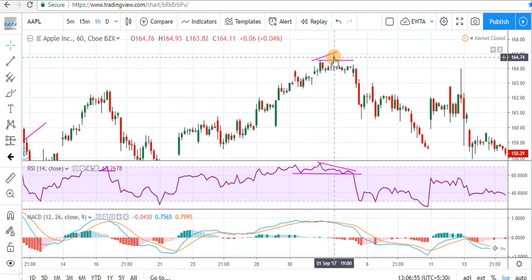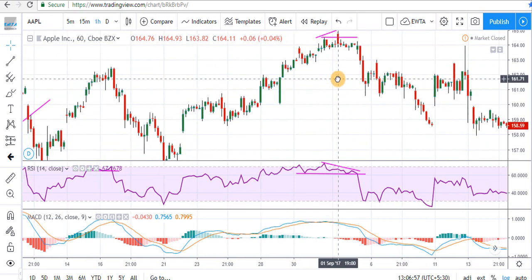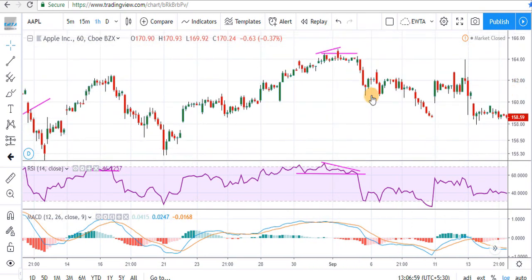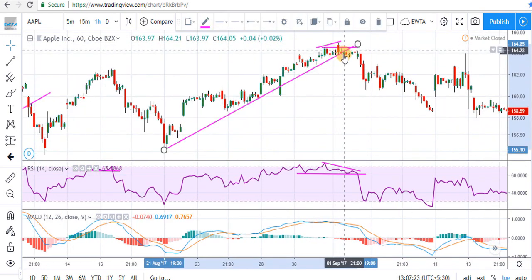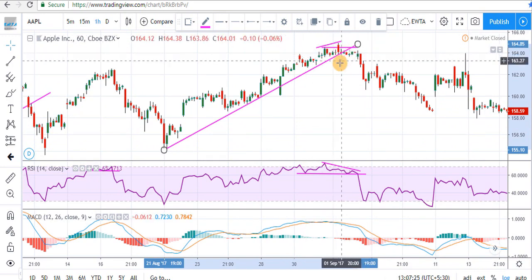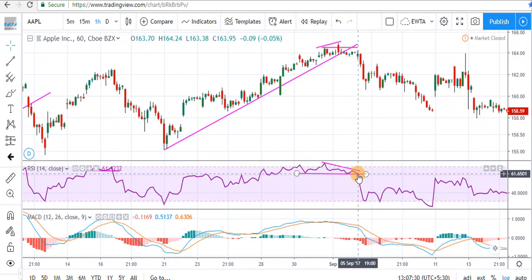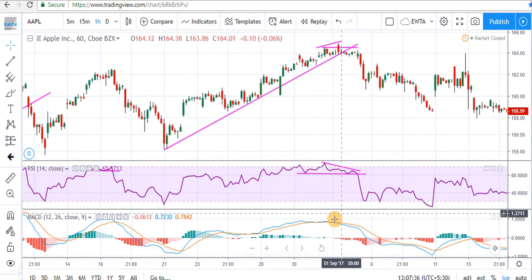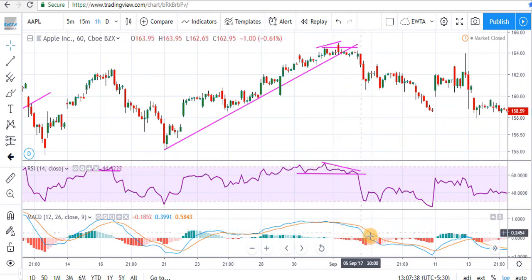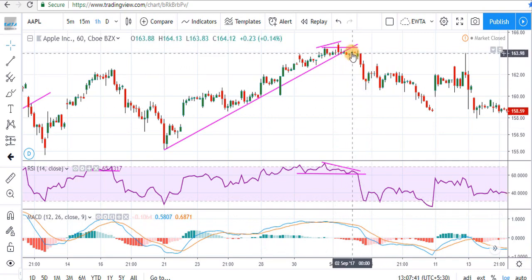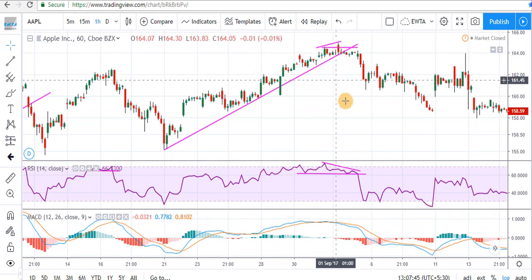But peaks of prices are going in upward direction. So we will draw a trend line for the prices, and here this green candle is breaking down this trend line in downward direction. RSI is giving us a signal here, and MACD is also giving a short sell signal. So we can make a short position here with a stop loss level at the high of this red candle.